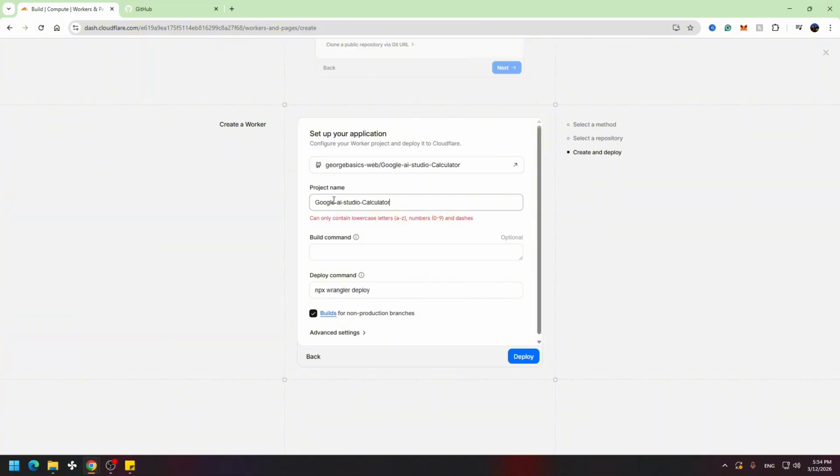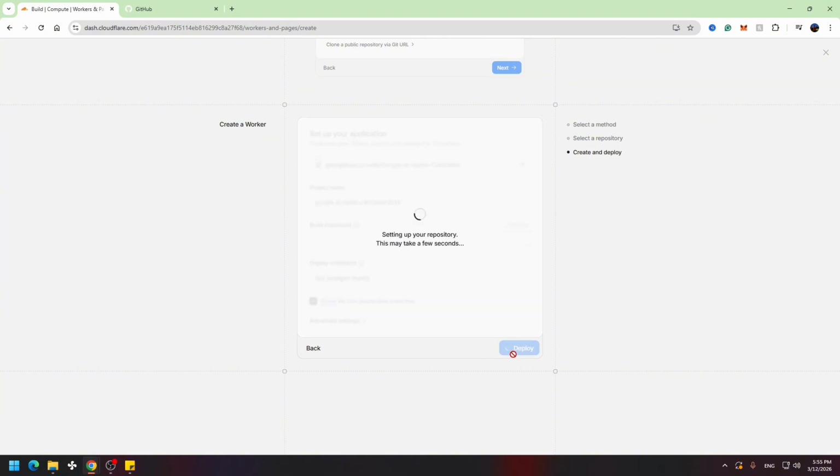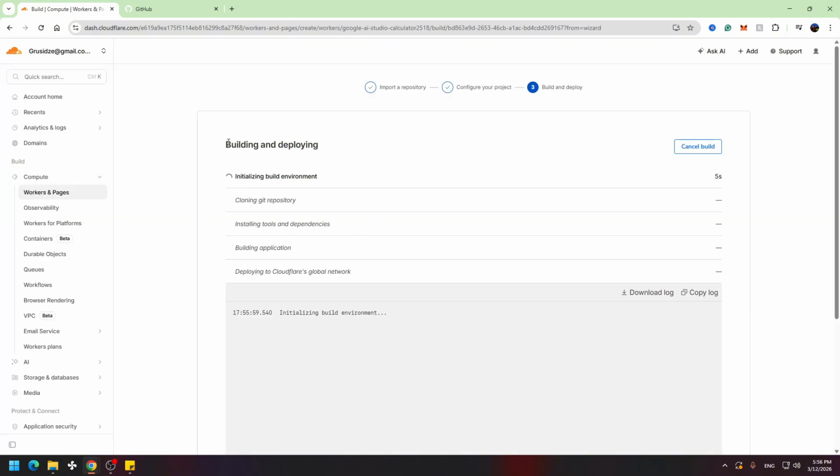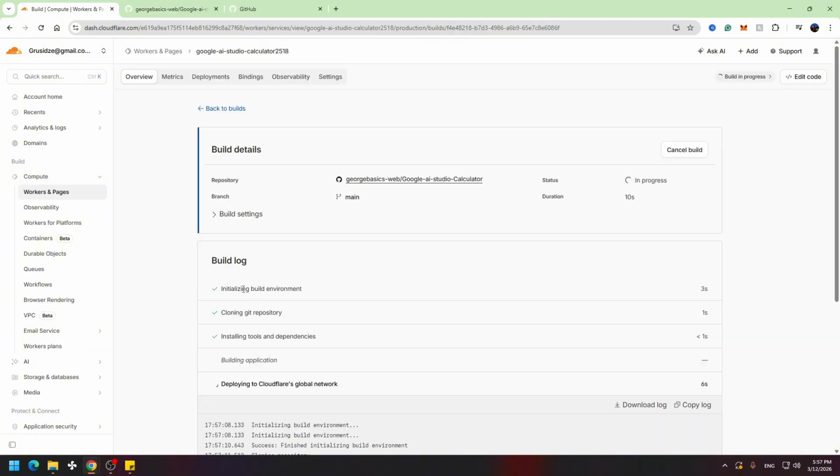So as you can see, we need to rename the project because we can only use lowercase letters. So let's use lowercase letters and some numbers in the name, and let's click Deploy. So as you can see, we are redirected to this page. Now we need to wait from a few seconds to a few minutes and our project will be deployed on Cloudflare. So after it finishes the steps, your project will be